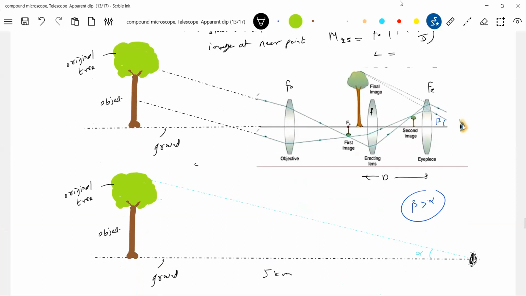Okay, I think apparent dip is left over. I think tomorrow after the advanced paper I'll continue that. Apparent dip is one thing left over. Tomorrow we'll have